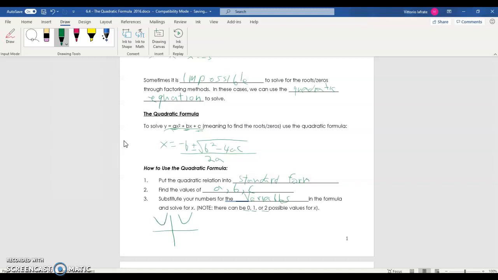Same thing with this one over here, where it opens from the bottom and it's below the x-axis and just keeps going down. So in this case, you'd have 0 solutions, and we'll see what that looks like using the quadratic equation later on. You might also have 1 solution, and so that one would be something like this, where the parabola hits,